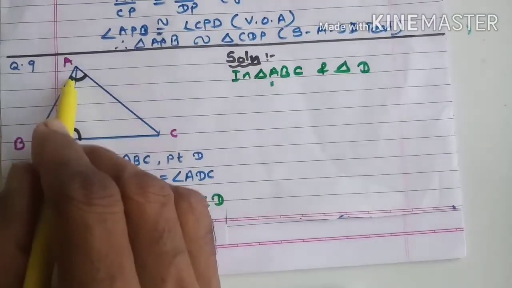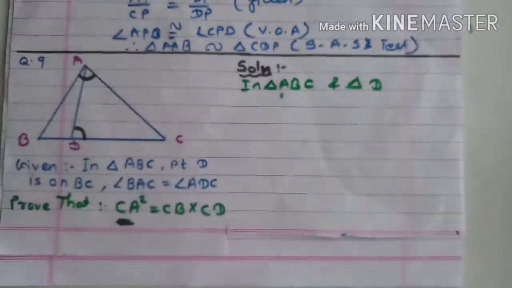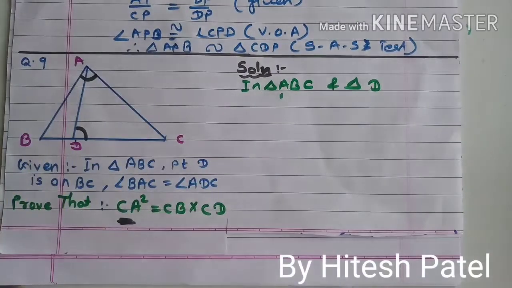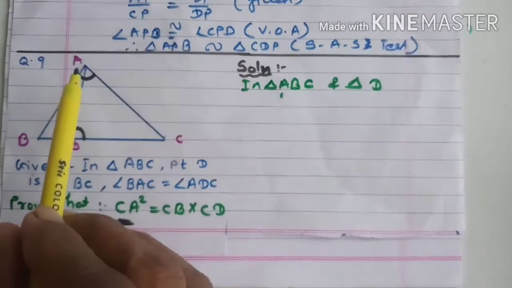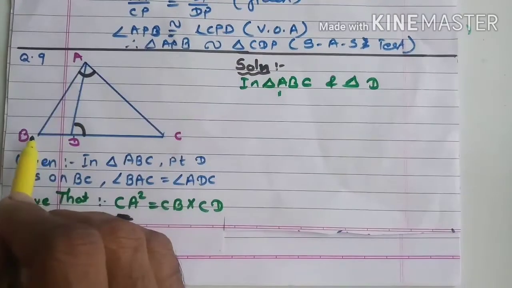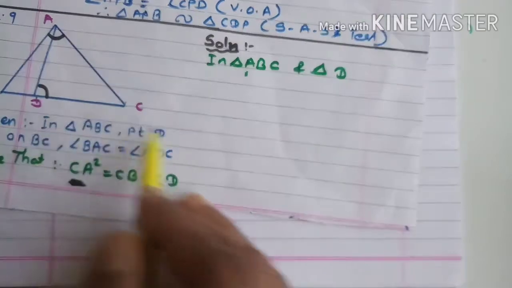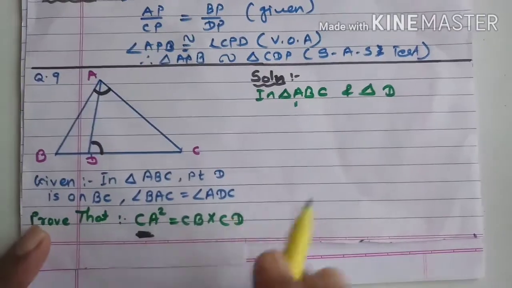Now one pair of angles are congruent, it's given, but what about the other? They have not given the length of any sides. So another condition which we need is nothing but a pair of an angle. Now check in these two triangles which angle is common. In ABC angle C is there, and in ADC angle C is also there, so angle C is common.